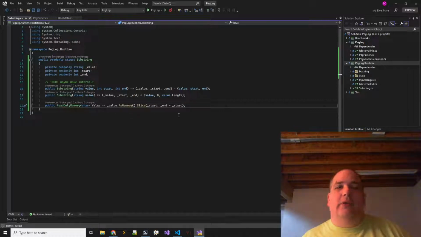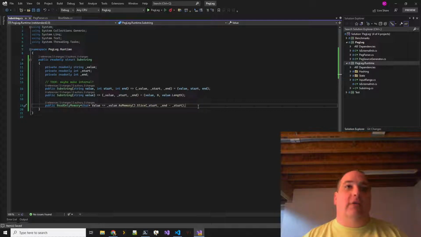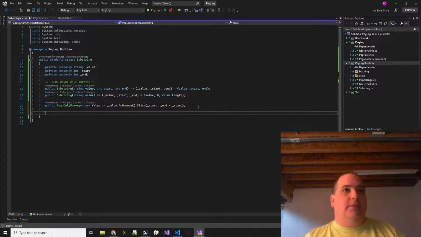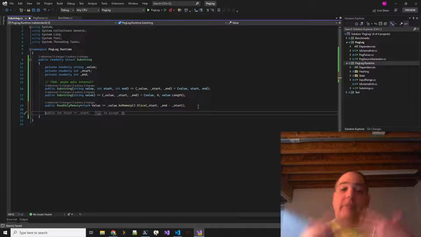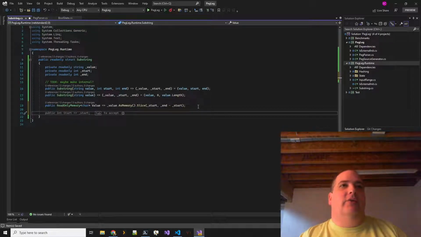We can pull out a read-only memory into a value on this value property. And I'm also going to need to access the underlying values, which is unfortunate. This is for the regex support. We're going to have to get at that string value, the start and the end.